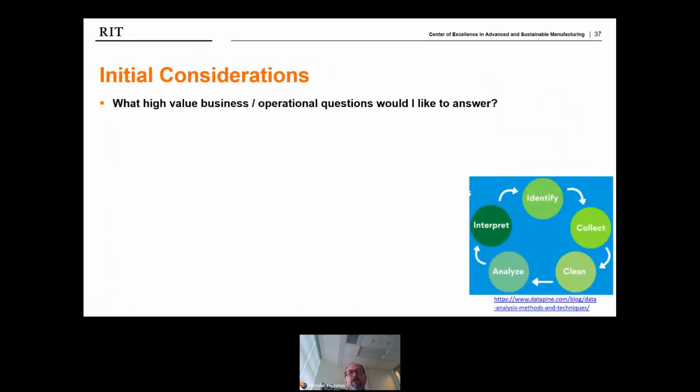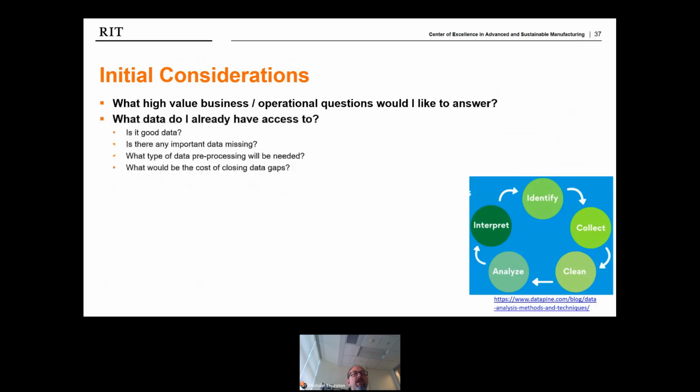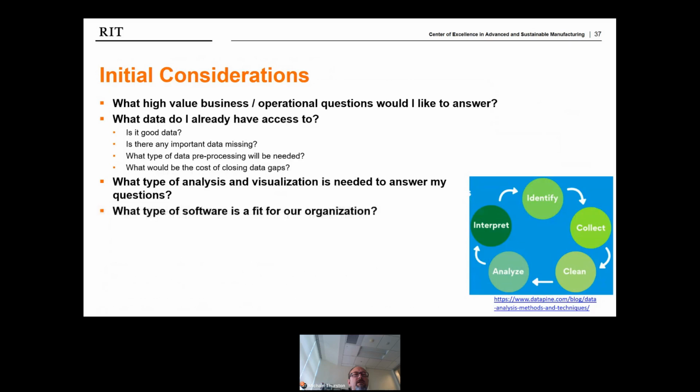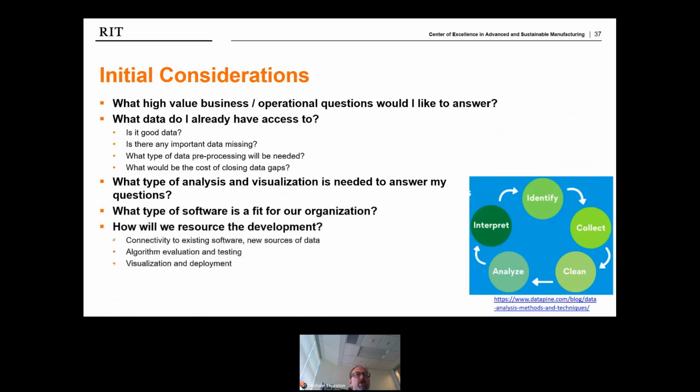So initial considerations as you're getting started: what high-value business and operational questions would you like to answer? What data do I already have access to? What types of analysis and visualization is needed? What type of software is a fit for the organization? How will we resource the development? And what's the cost benefit? So in the next short section here, I'll try to cover